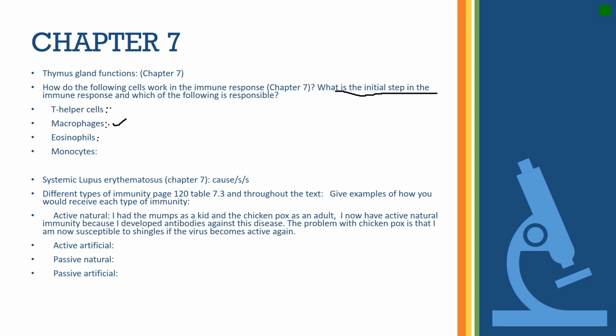Look on in chapter 7, systemic lupus. I didn't put the page number, but it's in chapter 7. Look at the different types of immunity. Another table. You know I like tables a lot. All right, so table 7.3. Different types of immunity. Give examples of how you would receive each type of immunity. All right, so